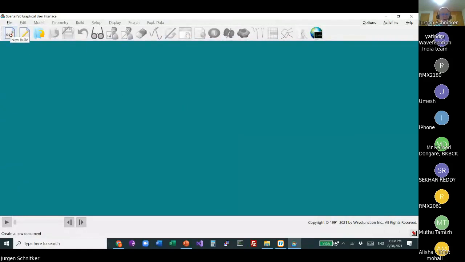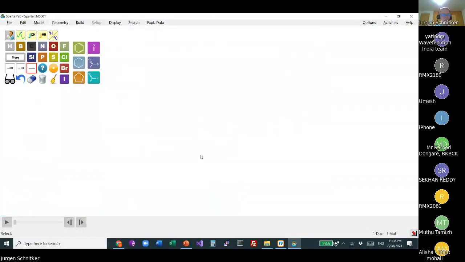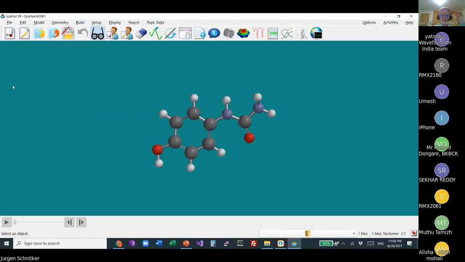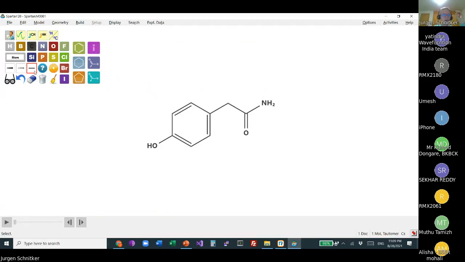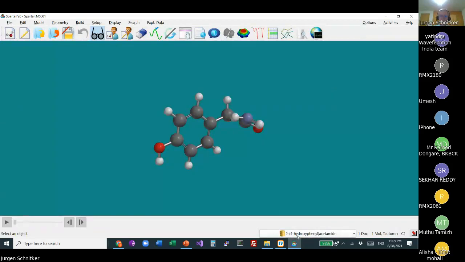I will quickly build a model which I have used before in other presentations, paracetamol, just a painkiller, which would be acetamide. So I will build here a carbonyl group and attach here a nitrogen and make it acetamide, and then attach a phenyl group and make it here phenol. Make it here a hydroxy group. I clean this up, and then I convert to a 3D model. I can see immediately I inadvertently put a nitrogen there, so this here should be a carbon. And if I go back now for hydroxyphenyl acetamide,